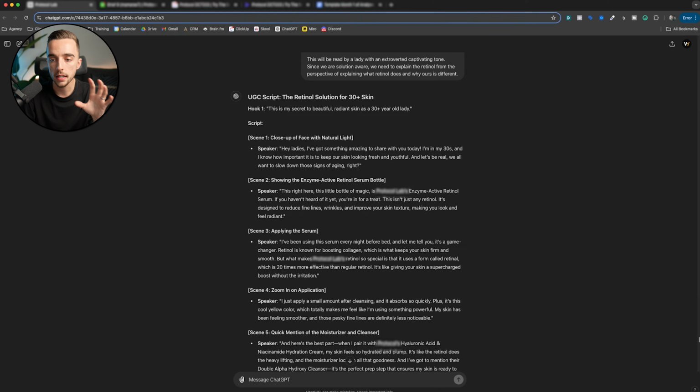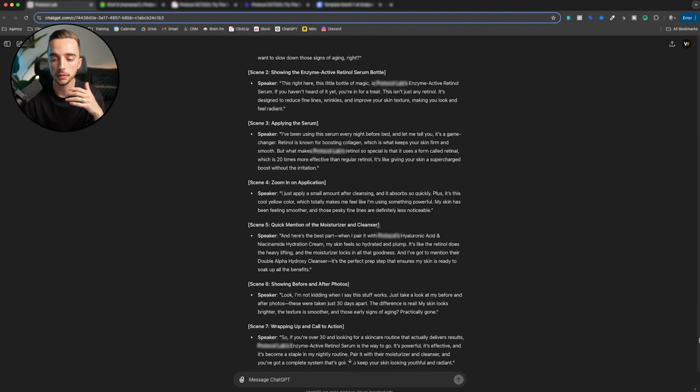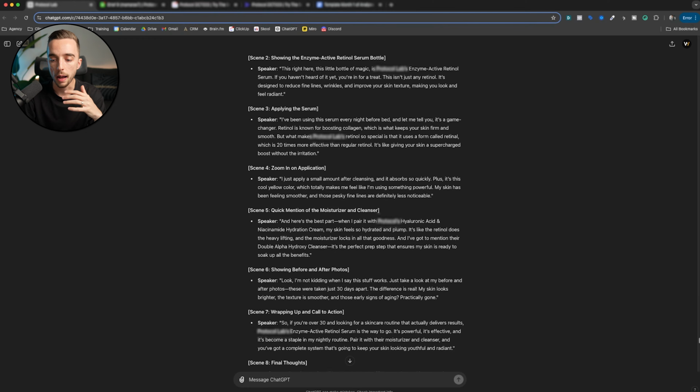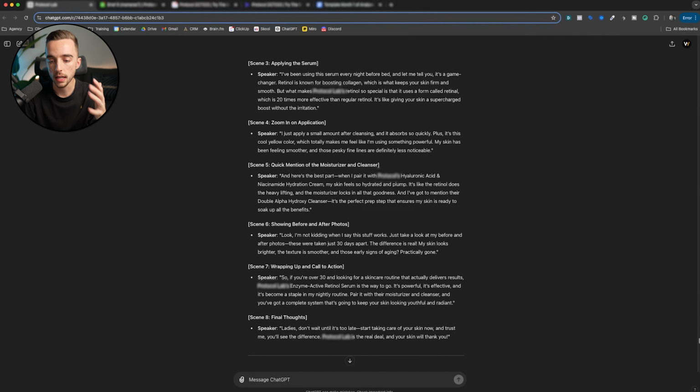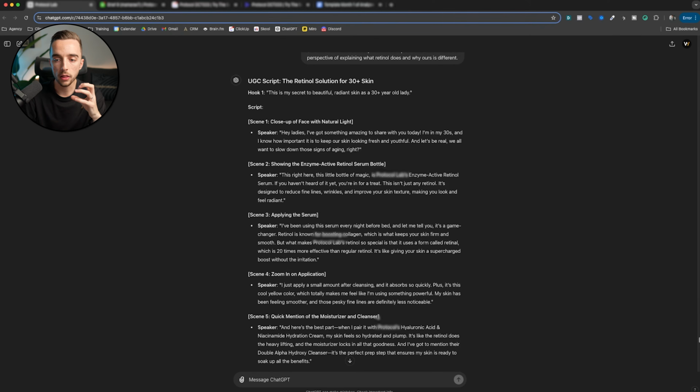So basically the scene is a close-up of the face, showing the enzyme, applying the serum, zooming in on the application, mentioning the other products, showing before and after, wrapping up with a call to action and final thoughts if need be. In other words, when you look at those as building blocks in themselves,